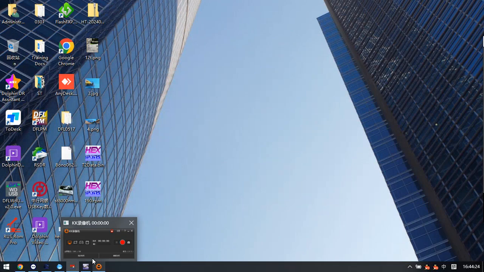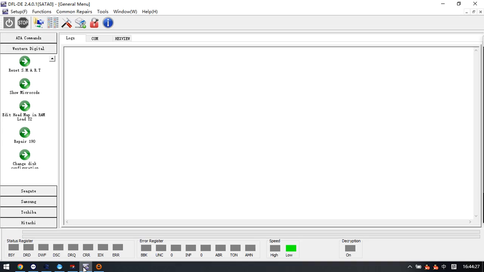Hello everyone. Now, this is one Western Digital SMR hard drive, and its PCB number is 810011. The user has formatted this patient drive, and the data array is not accessible. The most important